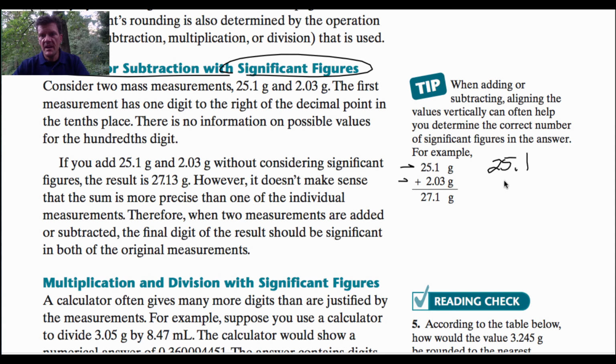And so when we would add these, I'll show you 25.1, and we have another measurement that is 2.03. Okay? Notice this instrument here only measures to the nearest tenth of a gram. This instrument measures to the nearest hundredth of a gram. But our answer cannot be more precise than our least precise measurement. So when I add these together,